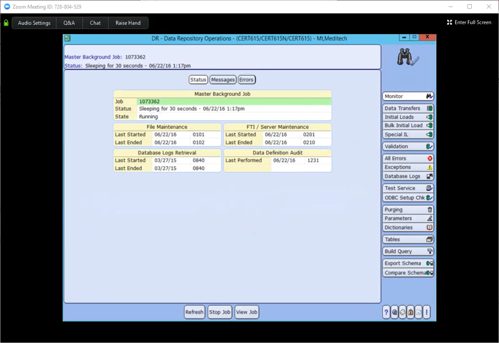As soon as you enter the Operations desktop, you will be brought to the Monitor tab. This tab gives you a snapshot of the master background job or engine for the data repository. In addition to that, you can also get a glance of file maintenance. You want to ensure that the master background job is running and reflects a current date and time within the